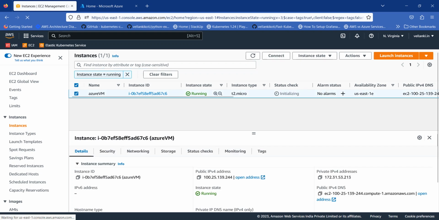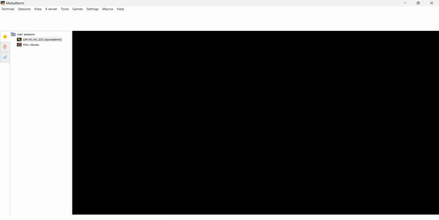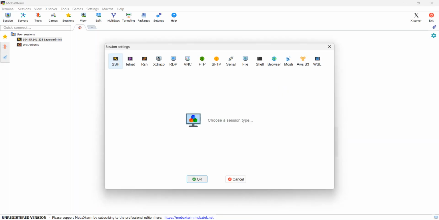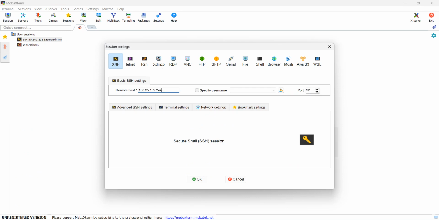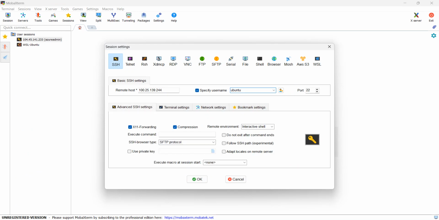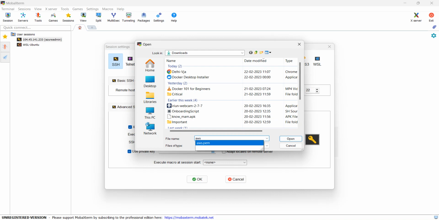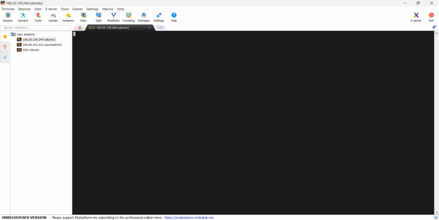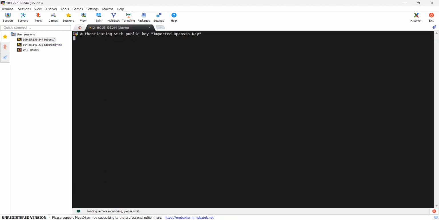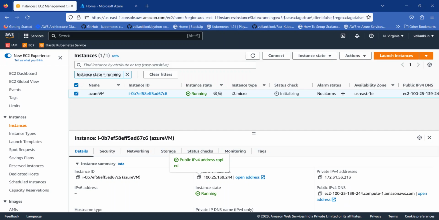So what I'll do, I'll connect to this VM using a third party SSH tool, MobaXterm. I'll open MobaXterm. I'll click on session, SSH. Here I need to provide a username, Ubuntu, and I need to use the private key which is AWS. Or if you want, you can directly connect with this machine from the console itself. Click on connect,